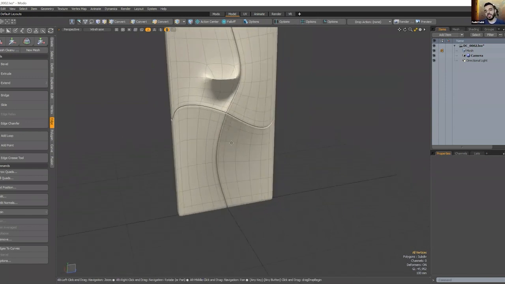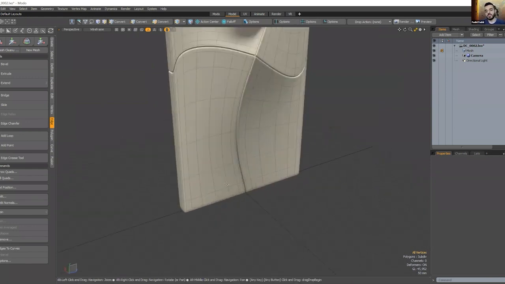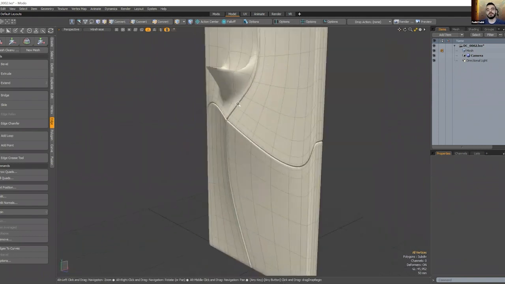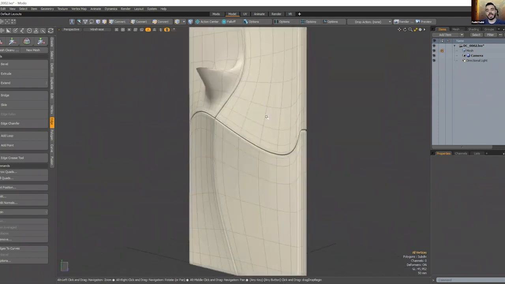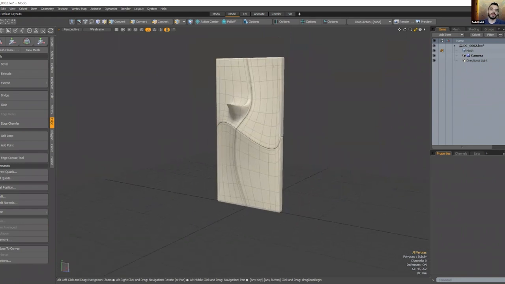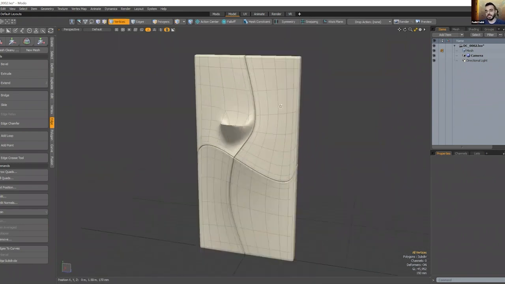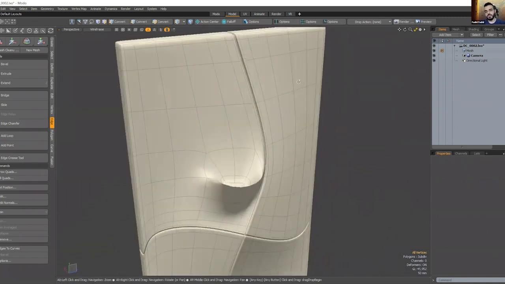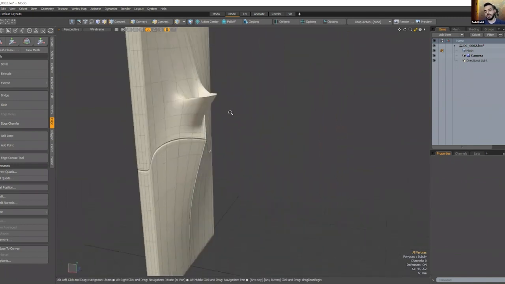But yeah, all I'm going to do now is sort of start to work with this. So now we can sort of add more resolution to it. I can always go back and sort of add more